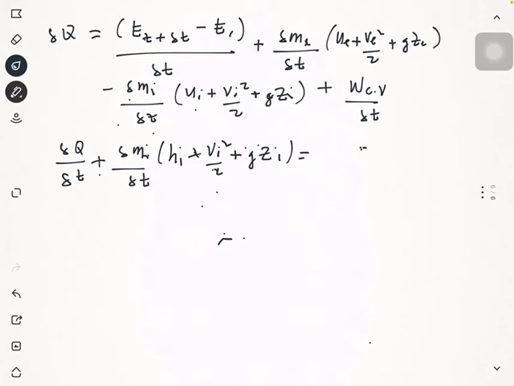This is equivalent to E_t plus the differential of t minus E_t here,